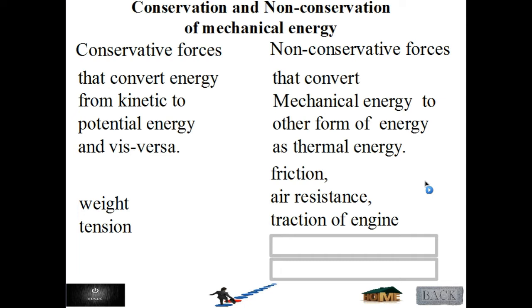Also, another example is the muscular forces. Muscular forces will also convert chemical energy into mechanical, or they will reduce the mechanical energy and work as resistive forces. So we can reduce the motion of any object using our muscles, so the mechanical energy will decrease. So for that, all muscular forces are non-conservative forces.